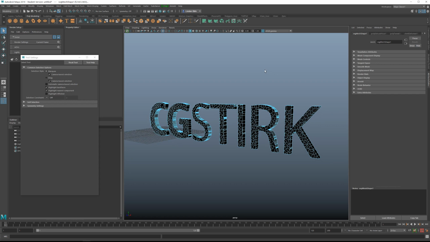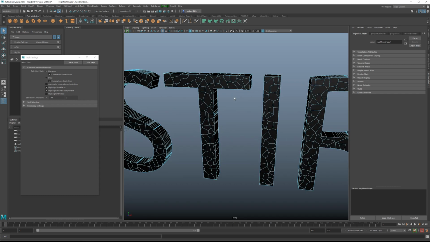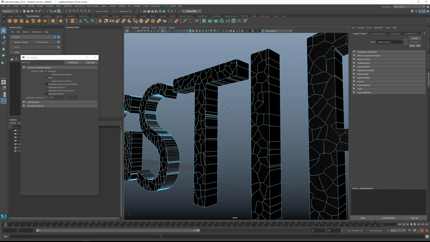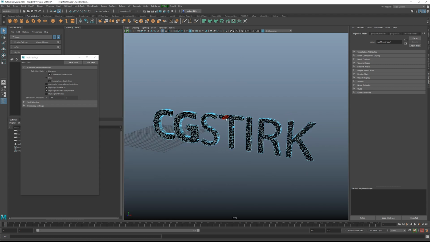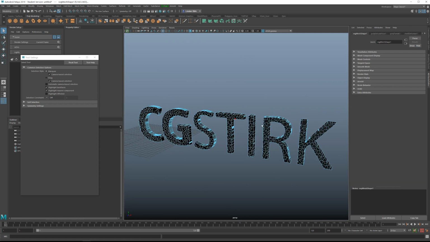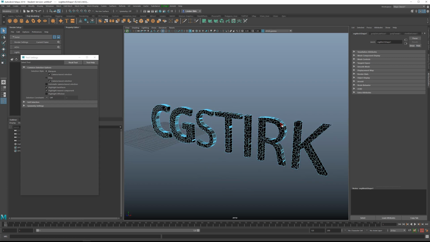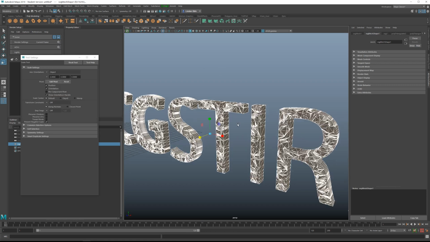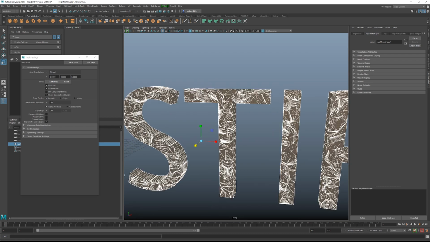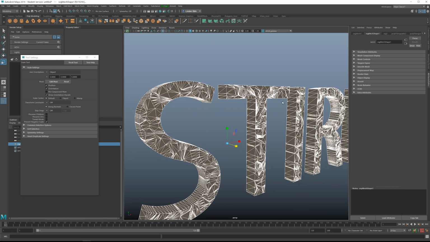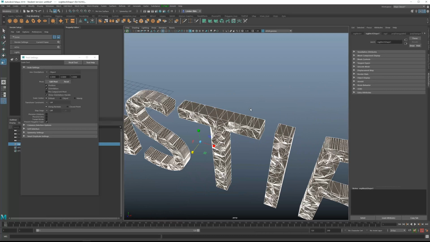The next thing we're going to do is triangulate these faces, because as you can see, these are all n-gons or mostly n-gons, and that's not going to read particularly well in Element 3D. You might get missing faces or a few spikes here and there. So what we're going to do, go up to Mesh and then select Triangulate. The topology looks absolutely horrendous, but at least it will be viewed properly inside Element 3D. And since we're not really going to edit this, it doesn't matter if it's triangles or quads.